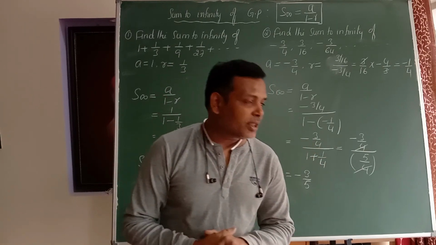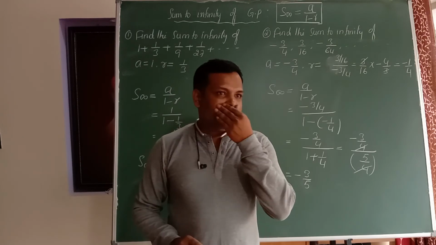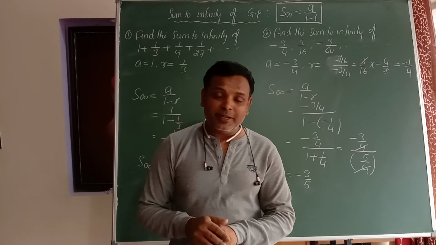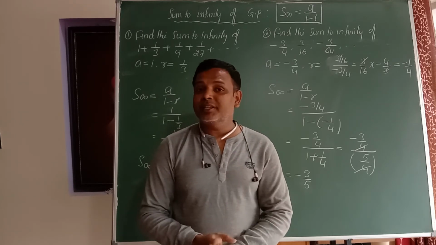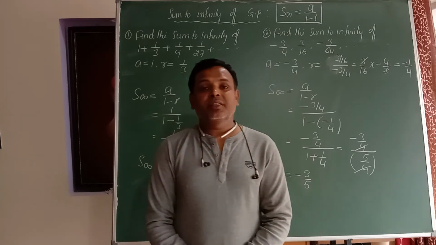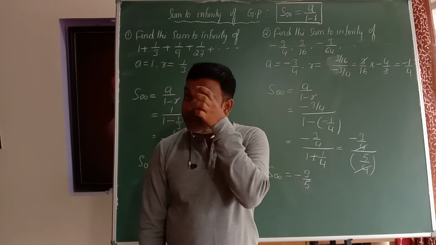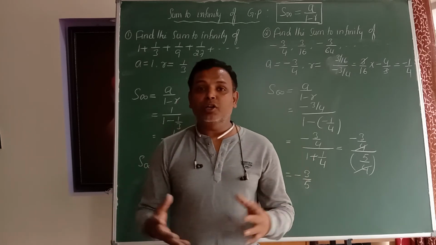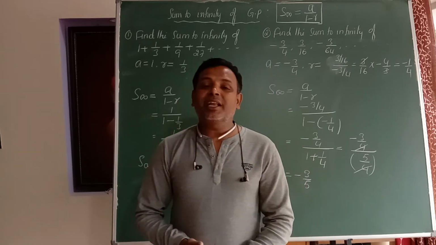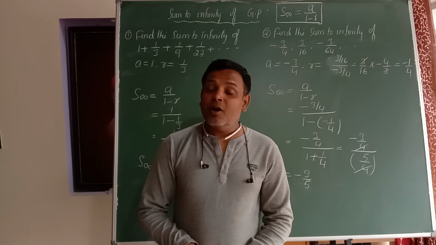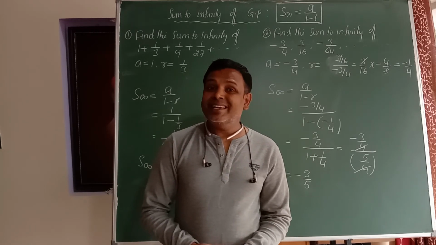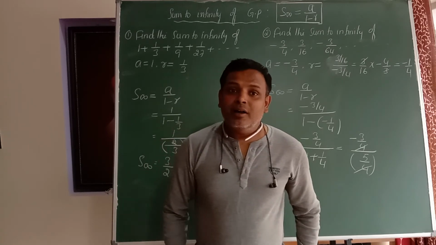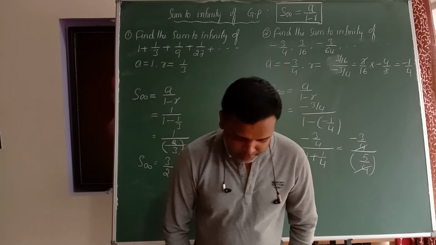Once again, I will recall that when there is a common ratio between every pair of succeeding term and preceding term, then that type of sequence becomes a geometric progression. The general form or standard form of a geometric progression is taken as A, AR, AR square, so on, A into R power n minus 1. So the nth term or general term or last term of GP is Tn is equal to A into R power n minus 1.